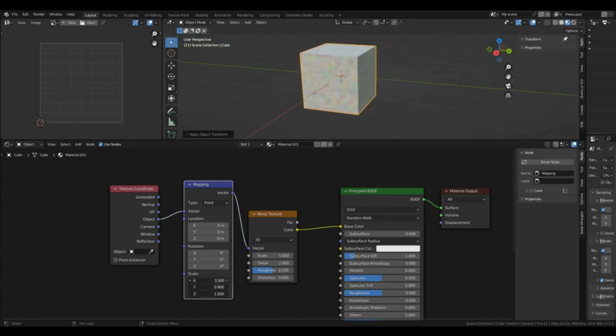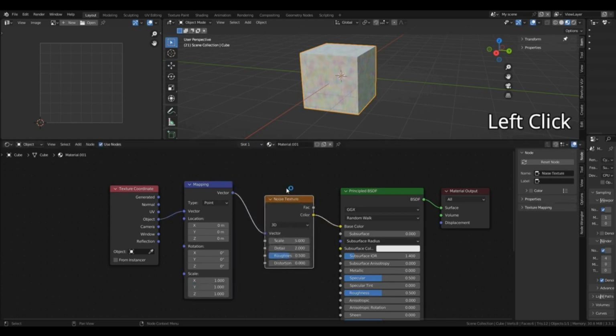If I reset the scale to 1 by left clicking the top one and quickly dragging down and set the value to 1, if I turn this Y value, for example, down, you can see texture gets bigger this time. Although once we enter the negative numbers, it will start generating more noise again. And the other cool thing to remember about all these built-in textures in Blender is since they're mathematically calculated, we could go as crazy as we want with any of these values. Like let's say I could change my Y to like 100, and we're not losing any resolution here